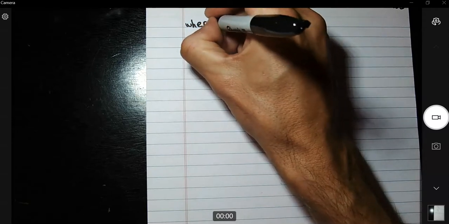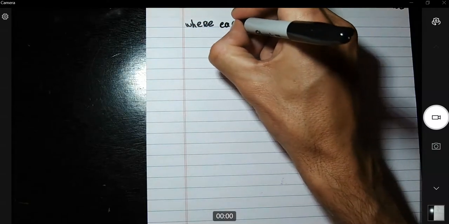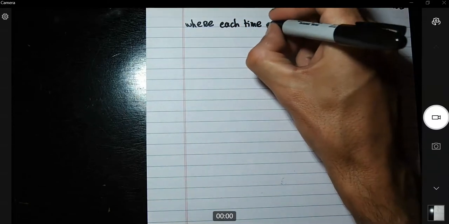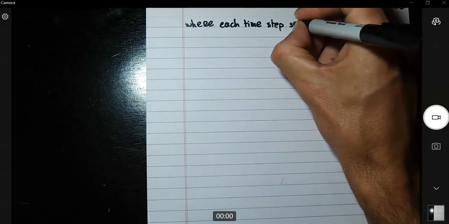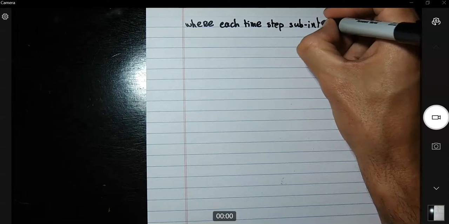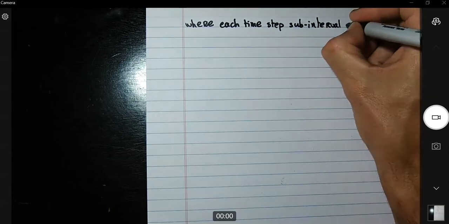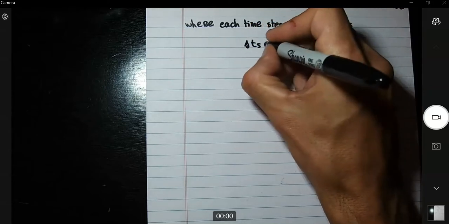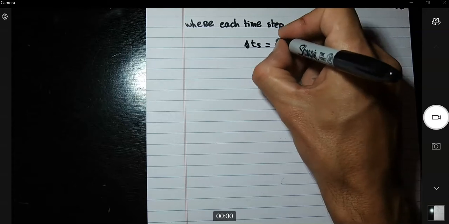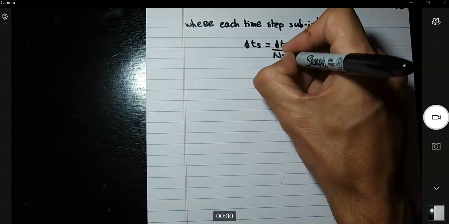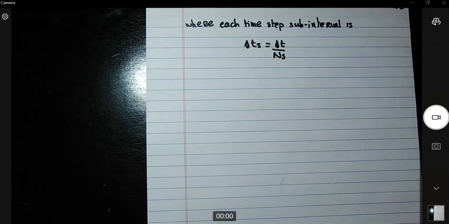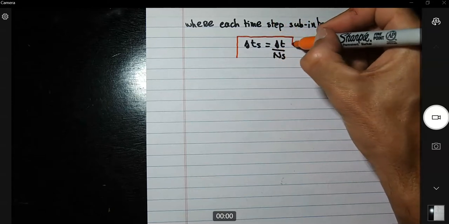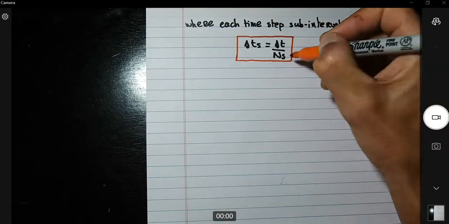Where each time step subinterval is delta ts, which will be equal to delta t divided by ns, the one you had. Okay, so now this is the part where you don't want to make a mistake. So now you have this,